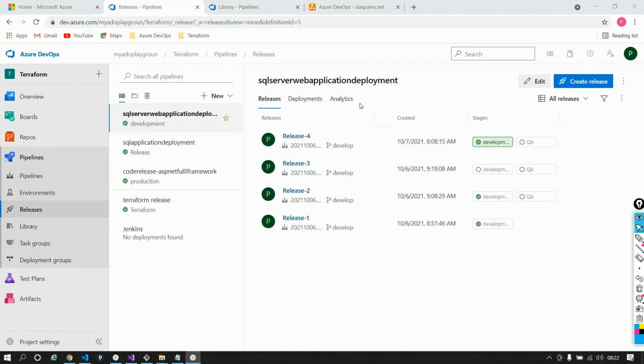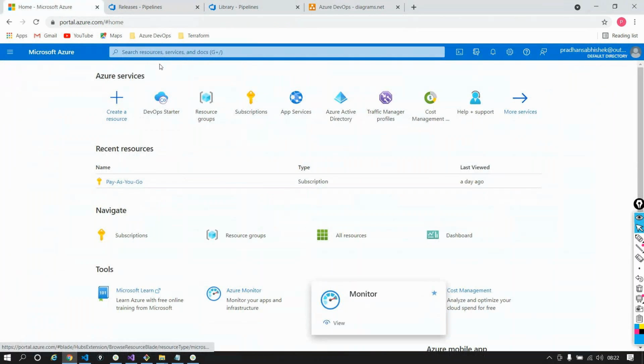Then what is the best way to learn this? What is the best way to practice this? This is very, very important. A very common question is that there are so many projects out here, so how do you learn it? How do you understand the creation of CI/CD pipelines? Go to your Azure portal and you have something known as a DevOps Starter,